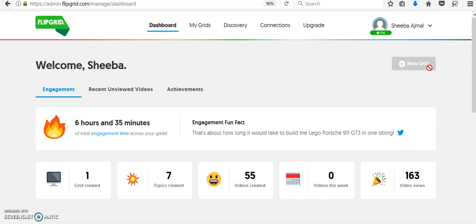But go on, explore further. I think there's still a lot you can do with the free account. You can develop collaboration with all the already built grids and classrooms on Flipgrid. You can use it to start a collaborative project with teachers outside your school, outside the country, or outside your city as well. And I'm sure it's going to prove to be a very helpful tool because of the accessibility feature,